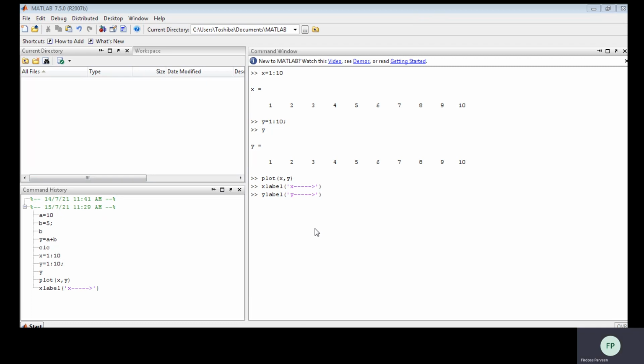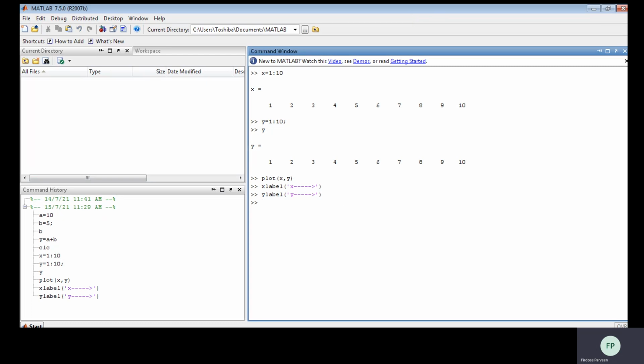Here you can see x has been labeled. You can see ylabel also, so y has been labeled. Now I'll give the title by typing this command, let me label it as time.